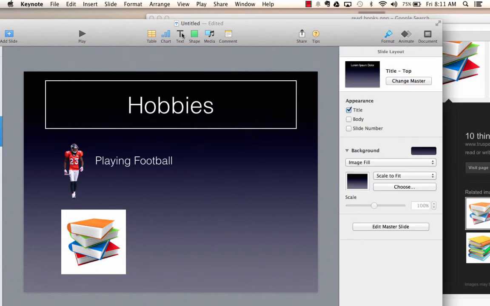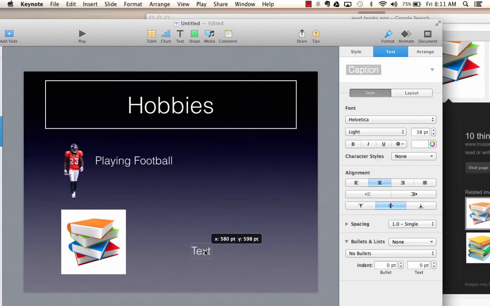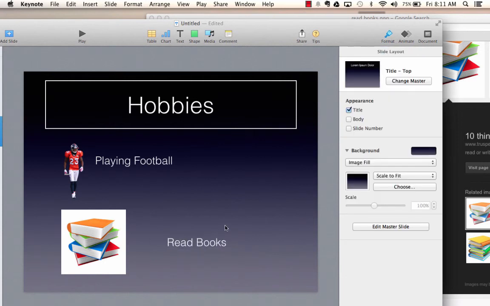And I'm going to add a text. And I'm going to write, I like to read books. Okay, so I'm kind of designing my slide here. I can freestyle it the way I want to. Up here, also the toolbar, whenever you need to add